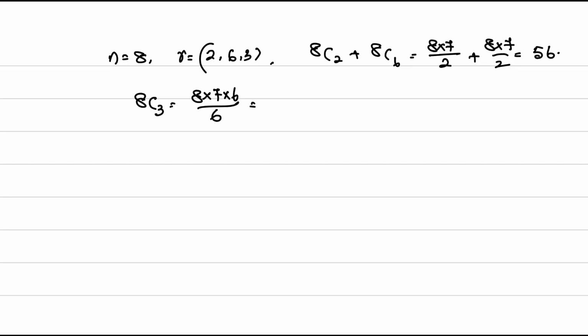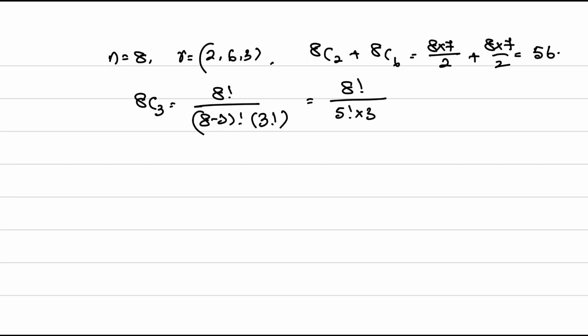8C3. Let us write again. Full form. Factorial 8 divided by 8 minus 3 factorial and factorial 3. That is equal to factorial 8 divided by factorial 5 into factorial 3. That is equal to 8 into 7 into 6 divided by 6, that is 8 into 7, which implies